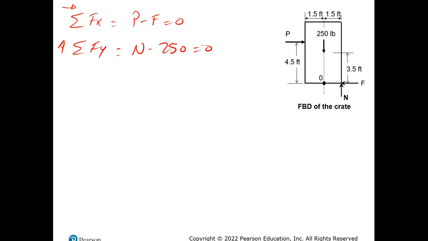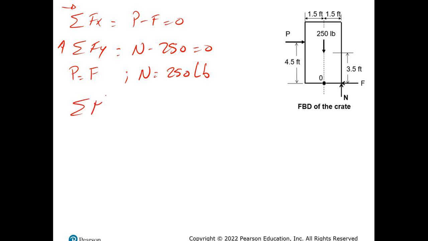If I solve the system, I will know that the frictional force will be equal to P, and I will also know that the normal force is equal to 250 pounds. Okay,